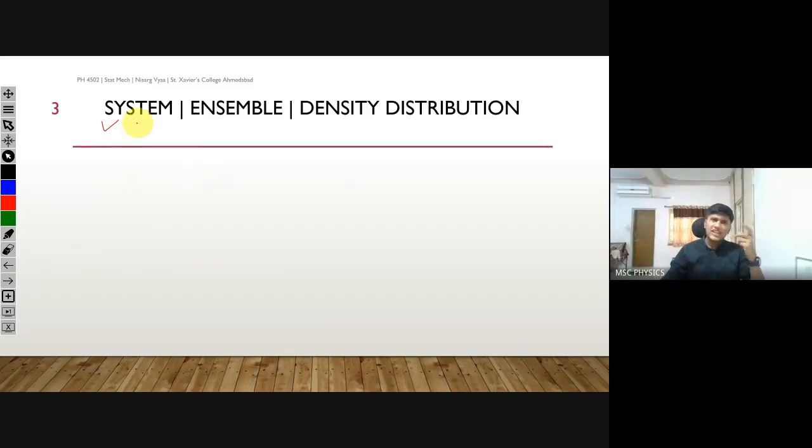Now we can always represent that system as a point in phase space. So this is a phase space with generalized coordinates and generalized momenta, and you can represent that whole system as a single point on the phase space. So that is called the state of the system. That is the representative point of the system. You are representing that whole system as just a single point in this phase space.